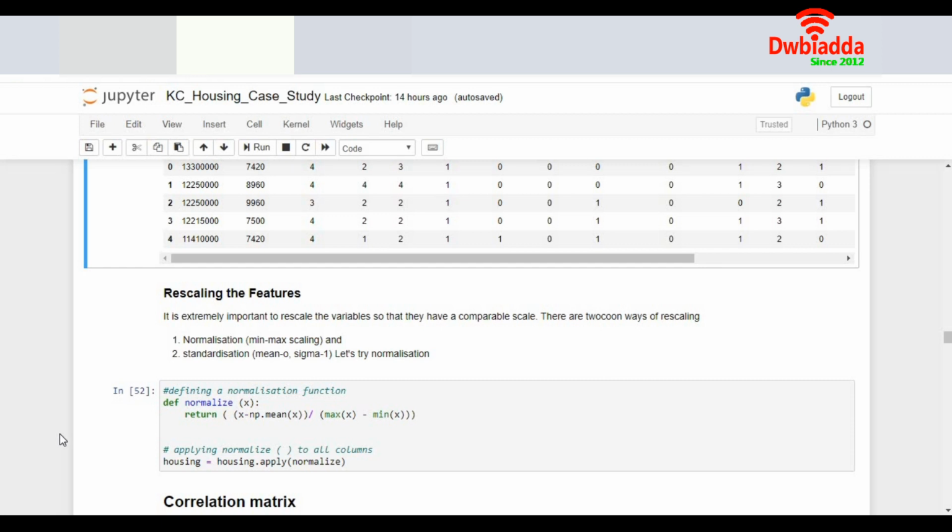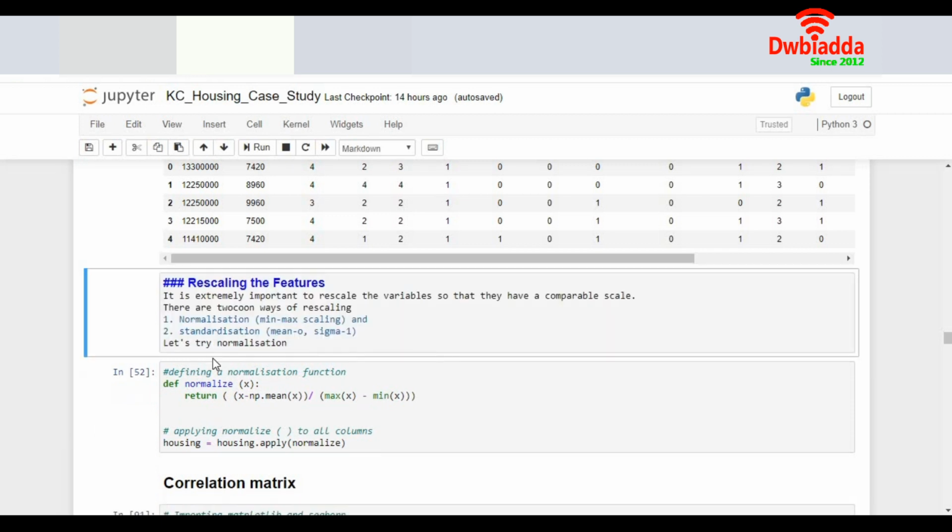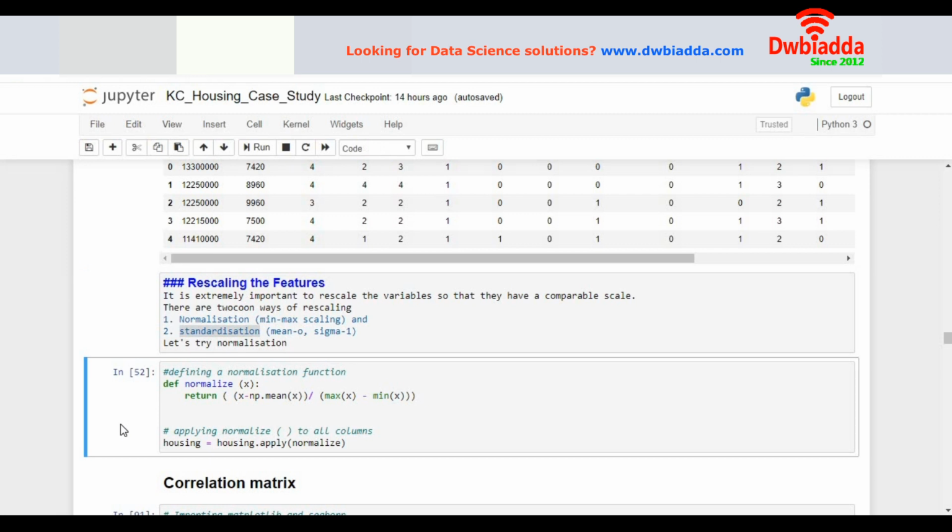There are two techniques, which are normalization and the other one called standardization. We'll follow the method of normalization in this dataset. As a part of normalization, what we do is we subtract from each value in an attribute the mean of the attribute, and then divide it by the difference between the max and the min.